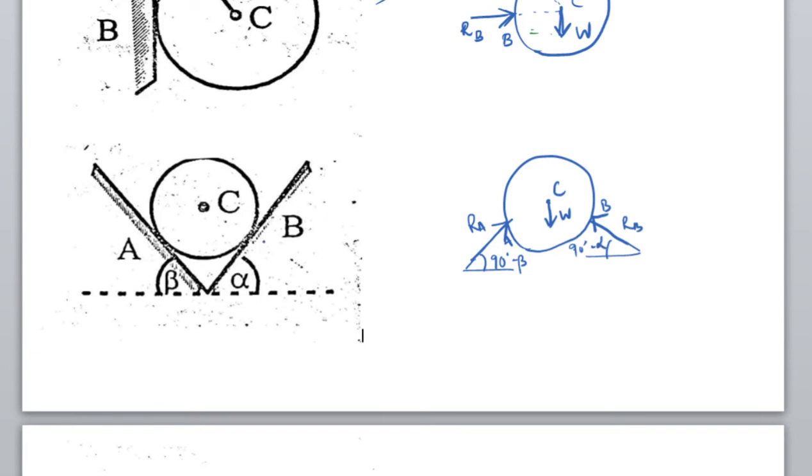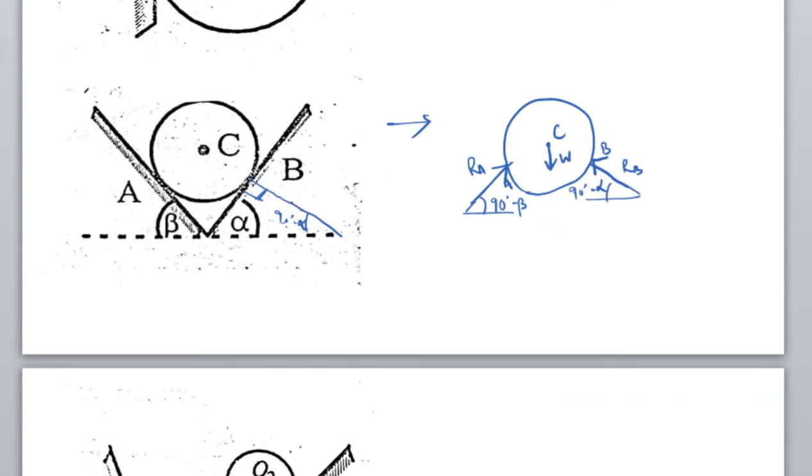You can understand it better like this. If you draw a perpendicular, as our reaction is perpendicular to the surface, this angle is 90 degree, this angle is 90 minus alpha. Similarly, in case of beta, you can easily do that calculation. So we have done the free body diagram for the third figure. Let us go to the next figure, which is a bit more difficult than this.